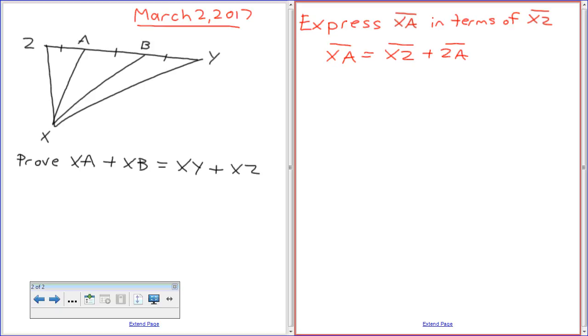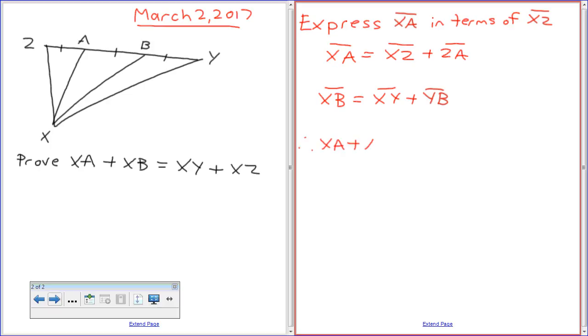Okay, so what's the next thing? What am I doing with XB then? Go ahead, Tim. XB equals XY plus YB. Very good. And for the same reason, on the left-hand side, I started with an XA and got an XZ. On the left-hand side, I started with an XB and ended up with an XY. So would you try something like that for XA and XB? Right on. So what we're going to do then, we're going to say, therefore,